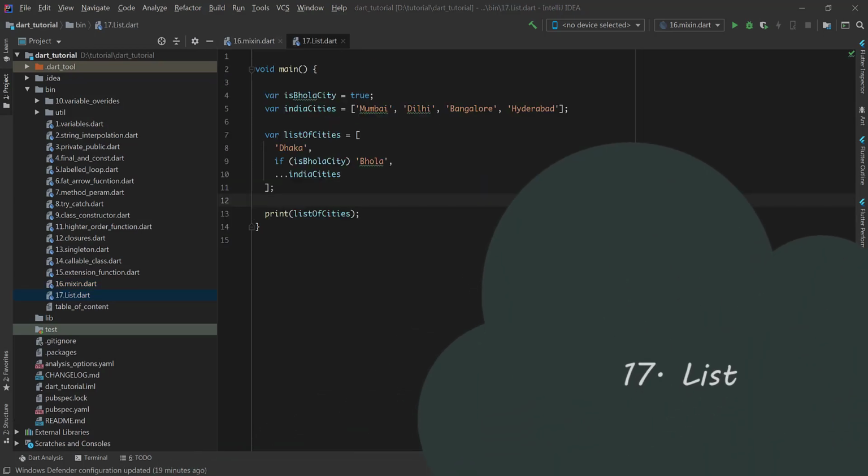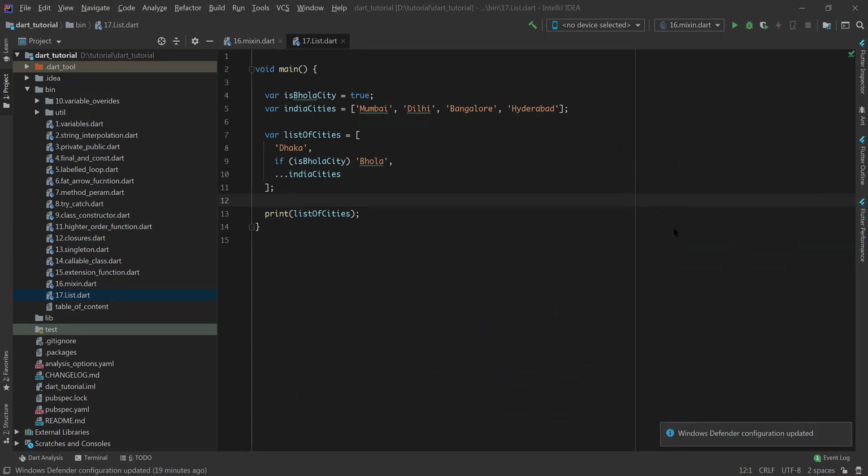The subject of this video is Dart map and list. Dart map and list are mostly similar to other programming languages with some minor changes here and there. Like here, this if statement is evaluating a member for this list of cities. If this is true, then Bhola will be included in the list of cities.